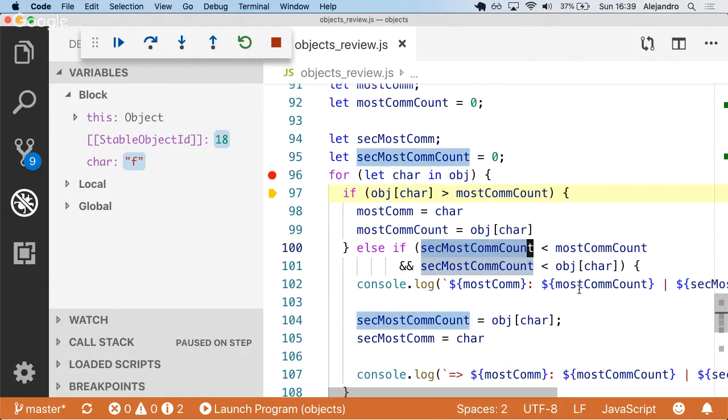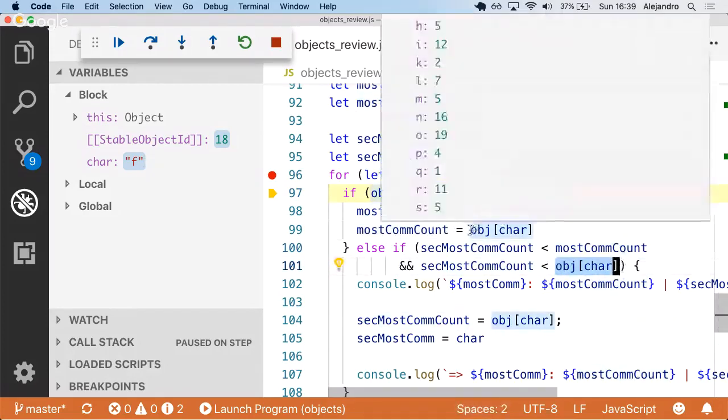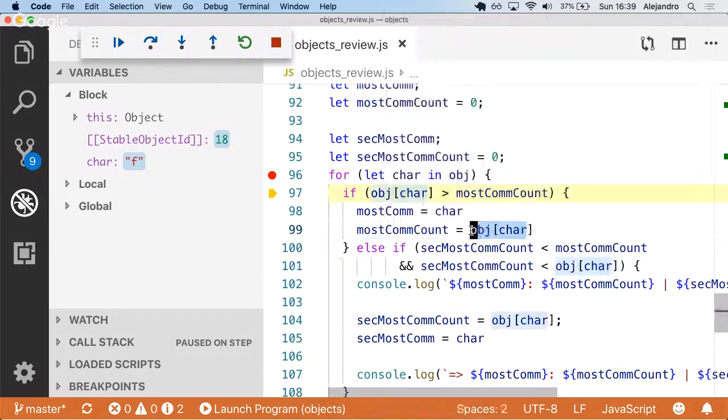Okay, so Khadija is mentioning that if we get here, which we will in the first iteration, why do we need this second condition, the and condition, if we know that the most common count would already hold the value of the object at char, because at some point in the first iteration it already went here. So yeah, I was just thinking maybe it's just to get past the first value of zero. So it starts off at 0, then you have